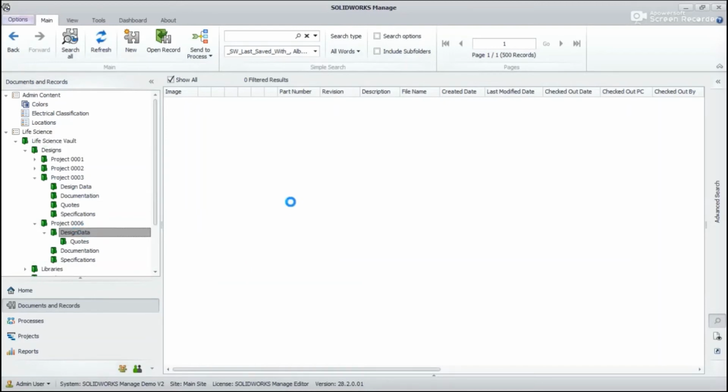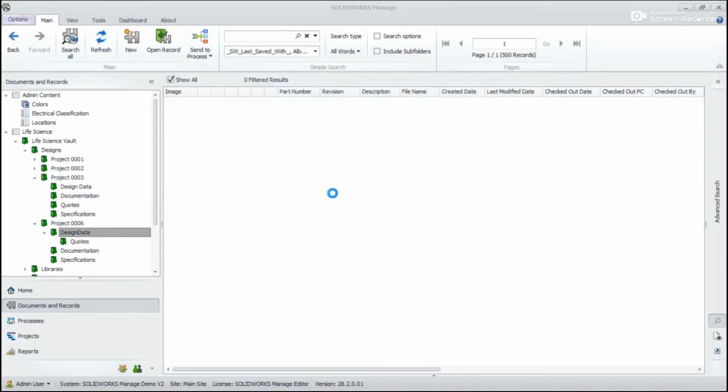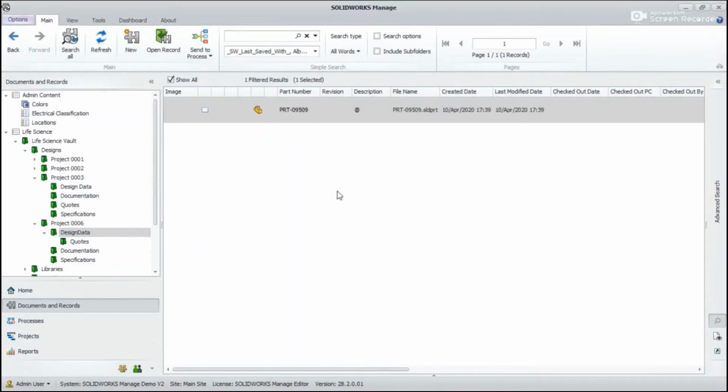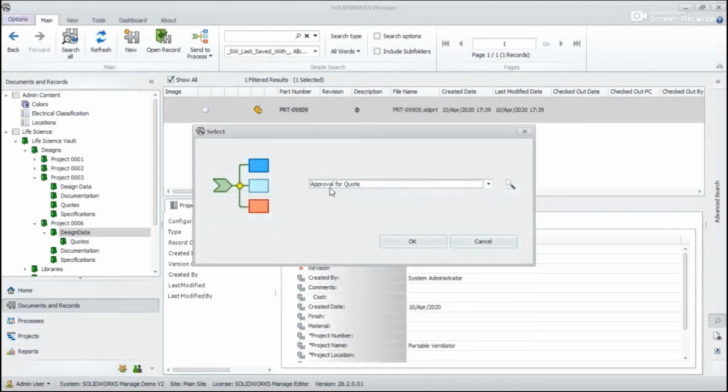Now we are creating a new blank part in which we can start designing. Once on clicking the create button, a blank part is created. The designer has completed designing the 3D part. Now we'll send the 3D model, or the 3D part, for an approval process. We'll right click on the design part and select send for process and choose design approval.